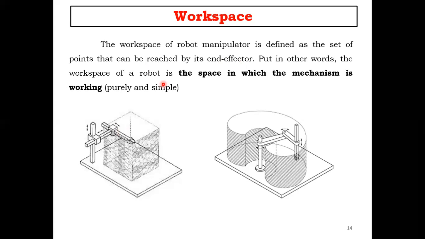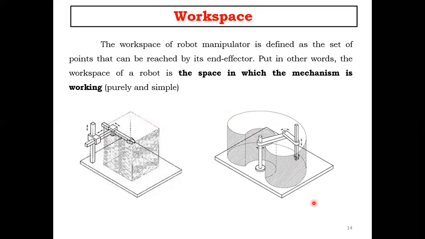Okay, for example, this is a Cartesian format. Cartesian format works in a rectangular format. That means we need to design a workspace in a rectangular area. This rectangular area is defined by the lengths of the joints and links. Like that we need to define. Same as this, the spherical robot defines a spherical location. So we need to define a spherical workspace.